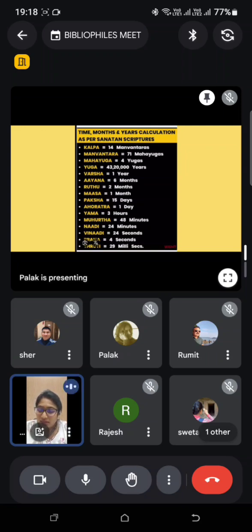Now we'll talk about the kalpa. So first kalp is also called Brahma kalp. So what is the Brahma kalp? When Brahmaji was born. Then next is the Shabda Brahma. Then Padma kalp comes. Padma kalp is the emerging of the lotus from the navel of Sri Hari Vishnu. Then comes the Varaha Kalp, that is when Vishnuji took the Varaha avatar and saved the earth. It's called the Varaha Kalp. Now, this was the whole story.